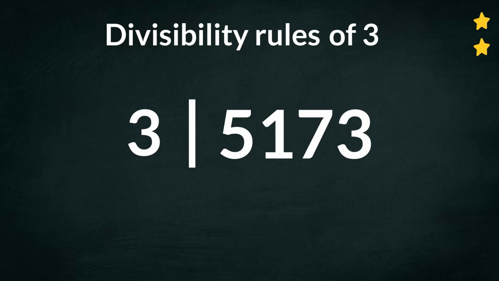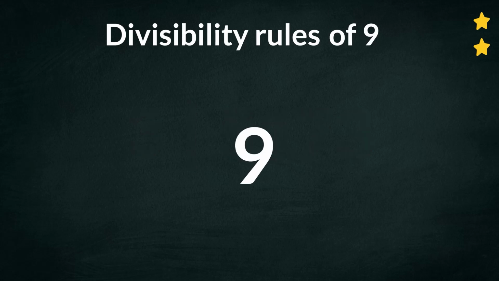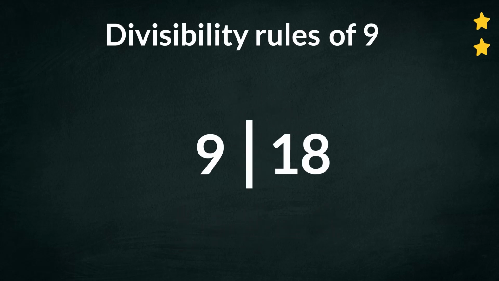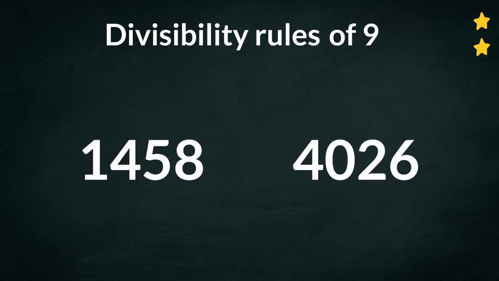The divisibility rule for 9 is quite similar to that of 3. If the sum of every digit is a number that results in 9, that number is divisible by 9. Can you use this rule to find out which number is divisible by 9? Pause the video for a second if you need some time to calculate. I'll be waiting right here. You back? Let's start with